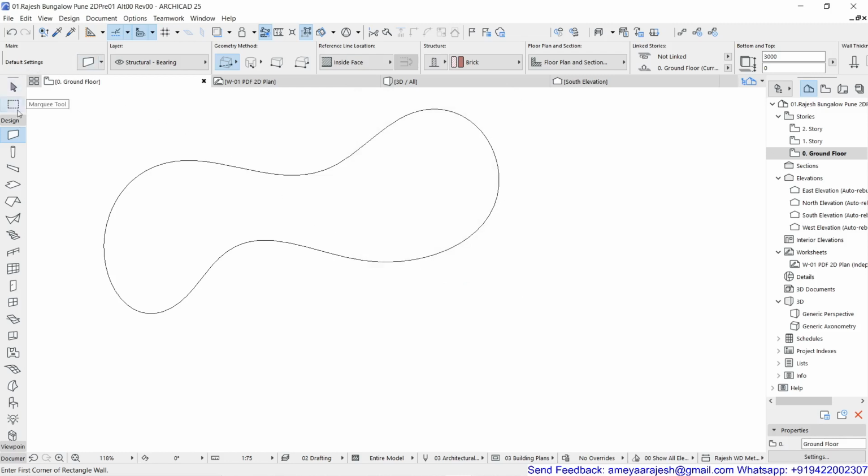Then I'm going to activate my wall tool, which is already here in the info box with the default setting. And then it is immaterial what geometry method you have taken, either the first or second group. I'm not talking about the third and fourth option. You can make sure that you are either in the first or second group. So here, to activate the magic wand, in case you can see the magic wand icon in your toolbox, by chance if you have added that, or otherwise just hold the space bar, and you will see the magic wand icon appears.